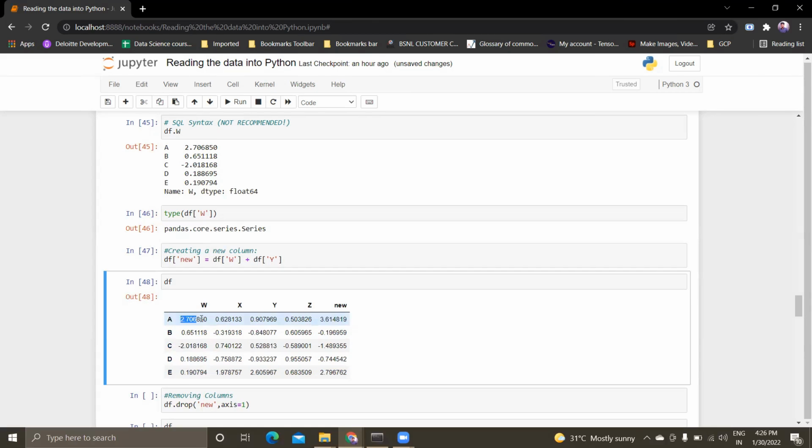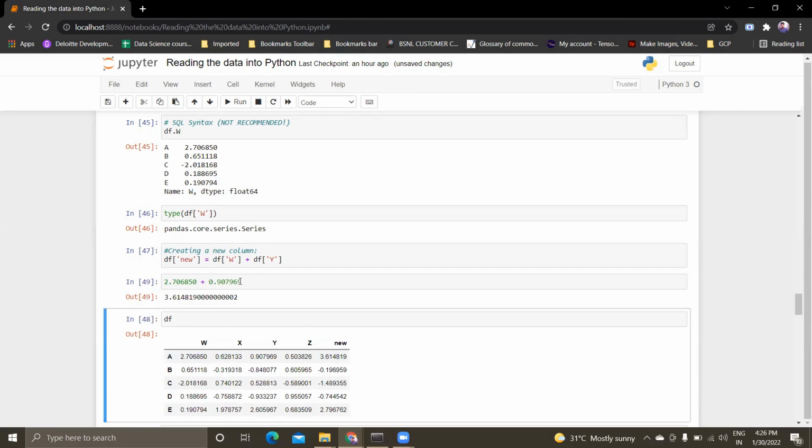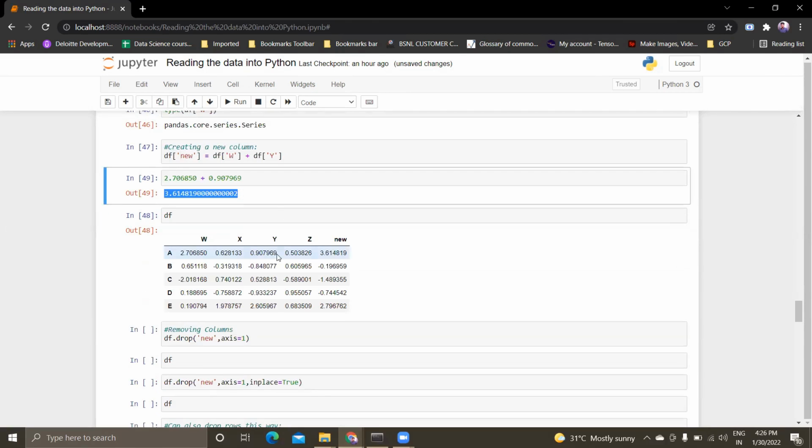We'll see that here. So all these values will be present here, and for all the rows it will be like this.